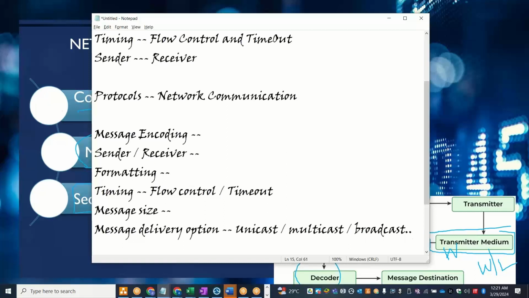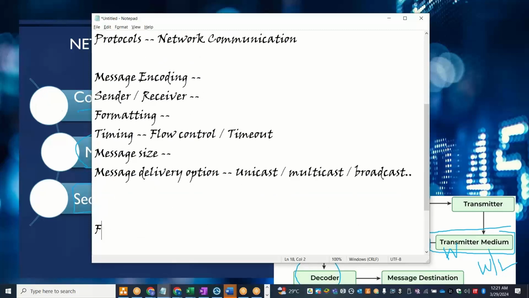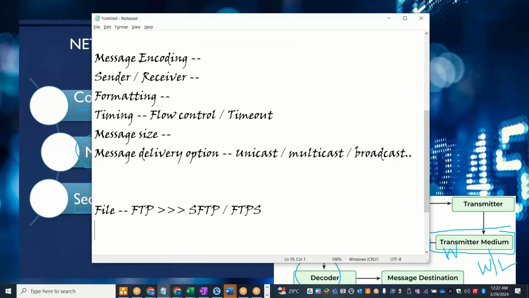So there are many different protocols for different purposes. For example, if you're talking about sending a file, we generally use FTP, but now after a lot of security enhancements, we are sending it using FTPS or a secure FTP solution. If you're talking about accessing HTML pages or objects, or maybe videos, audios, and all those things, we use the HTTP protocol.